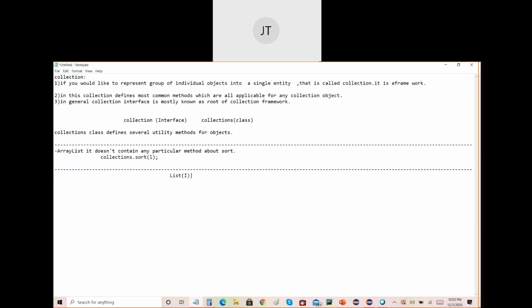Okay, list here we can, so here, yeah, like this. In list we have an array list class, and the next one is a linked list class, and the next one is a vector, and